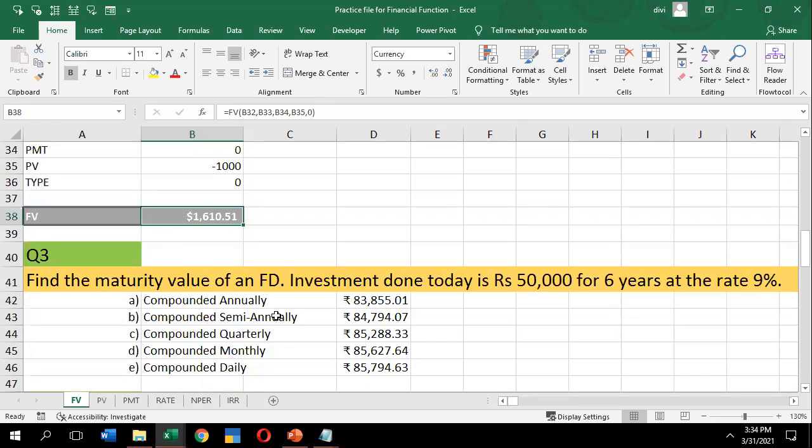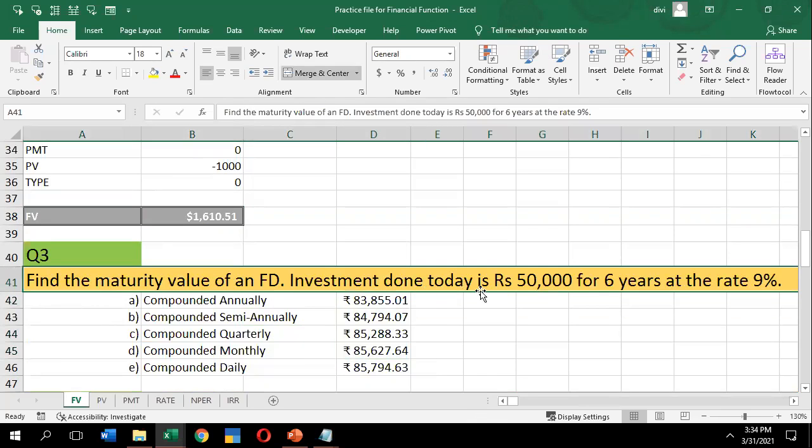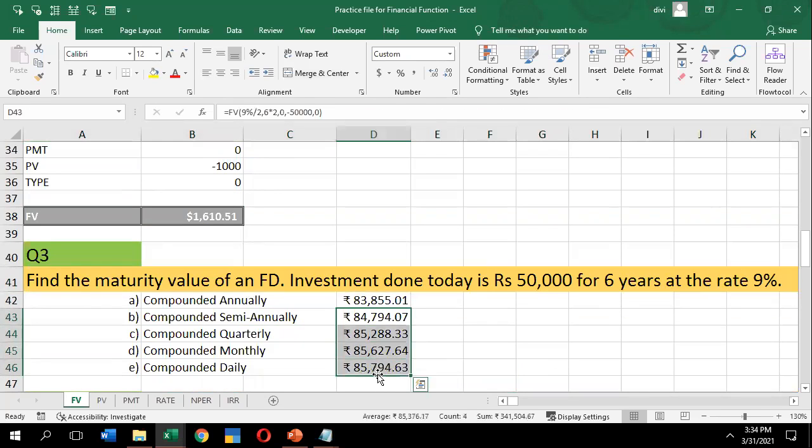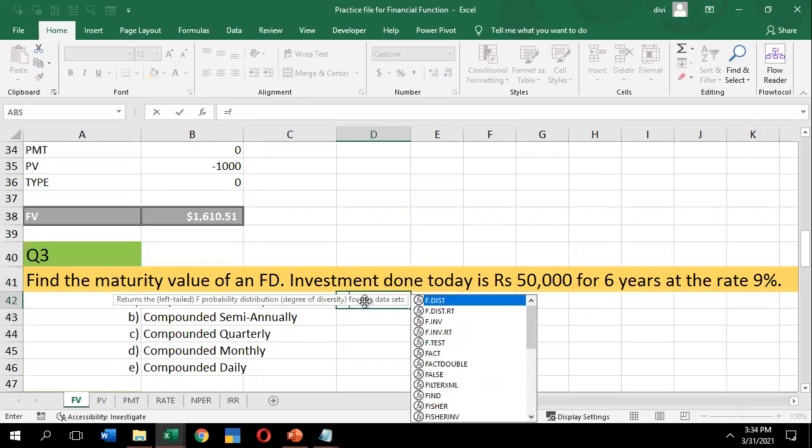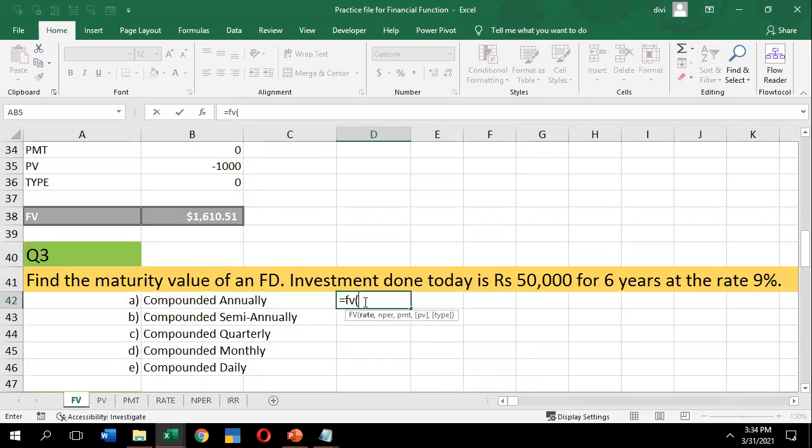Next, I want to find, here it is given: find the maturity value of an FD, an investment done today of 50,000 for 6 years at the rate of 9%. The same I can find, let me type over here: equals FV, future value. What is the rate? Now I didn't classify it, so I need to write it manually.